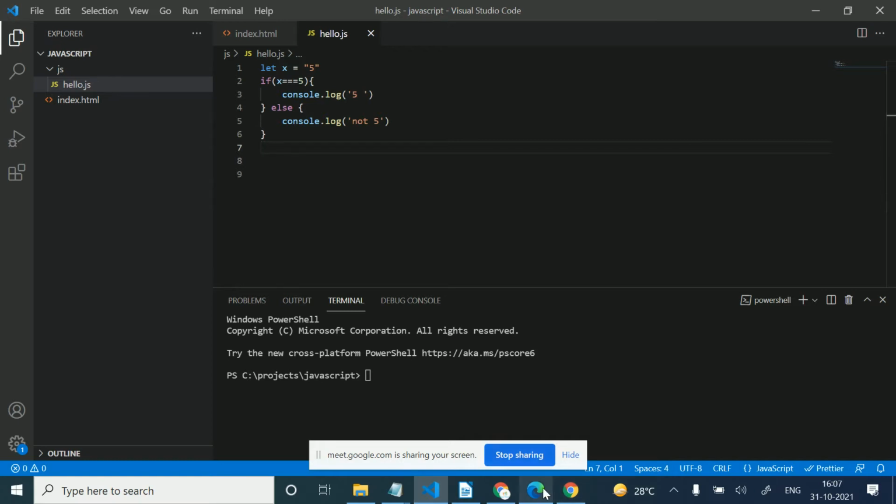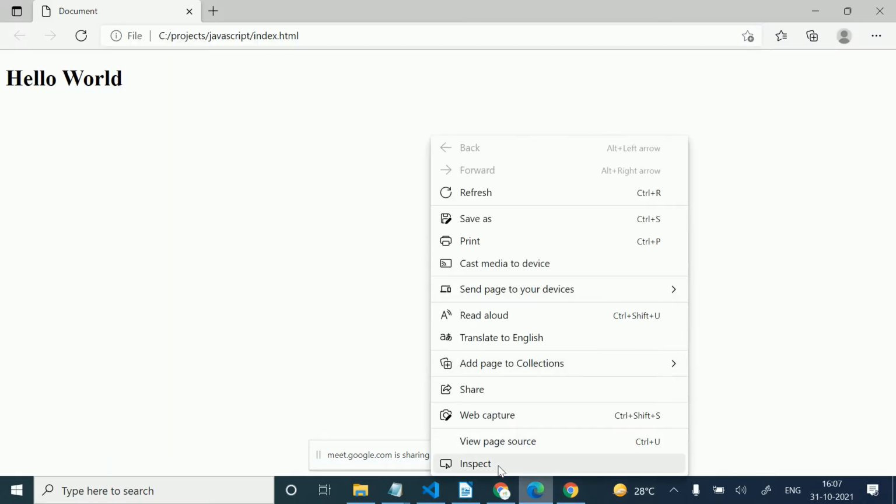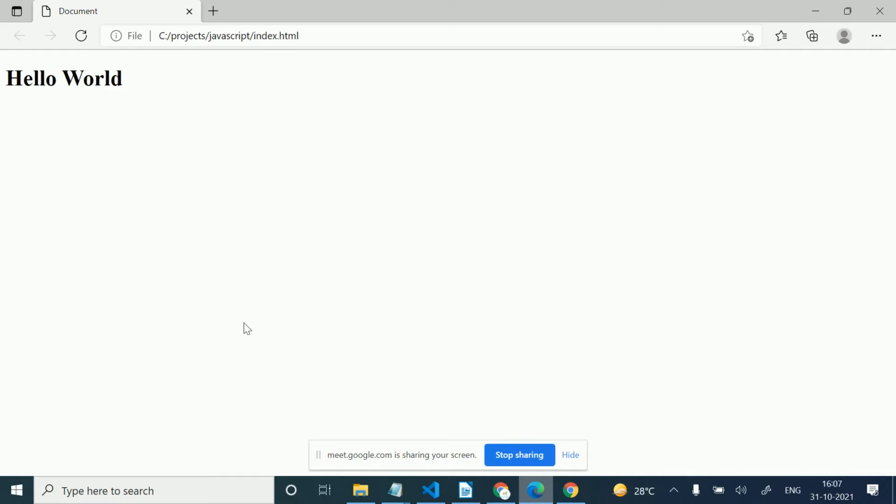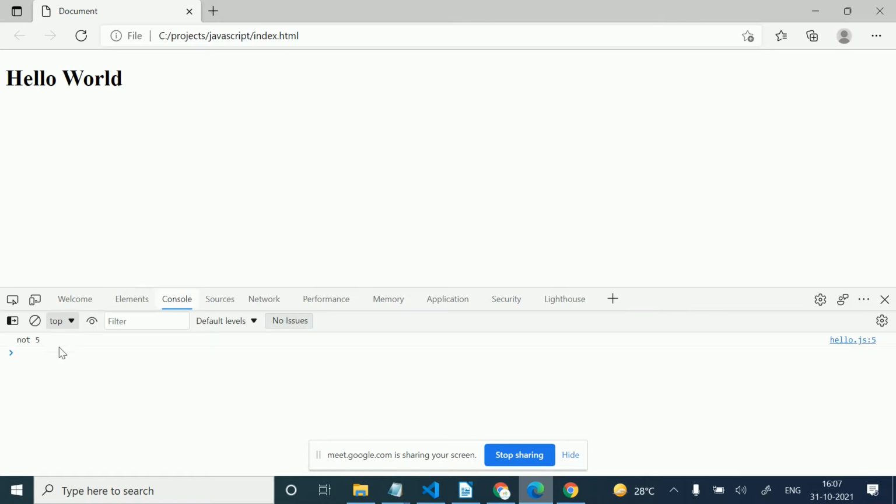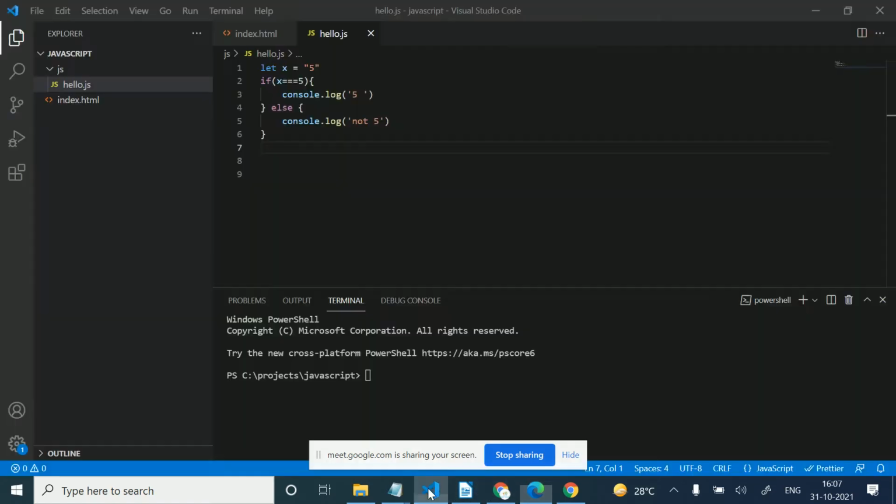Okay, so let's print this. I'm just doing inspect element here. So now it prints not 5. This is going into the else condition. So this x is not matching with this number 5. This is a string, not a number.